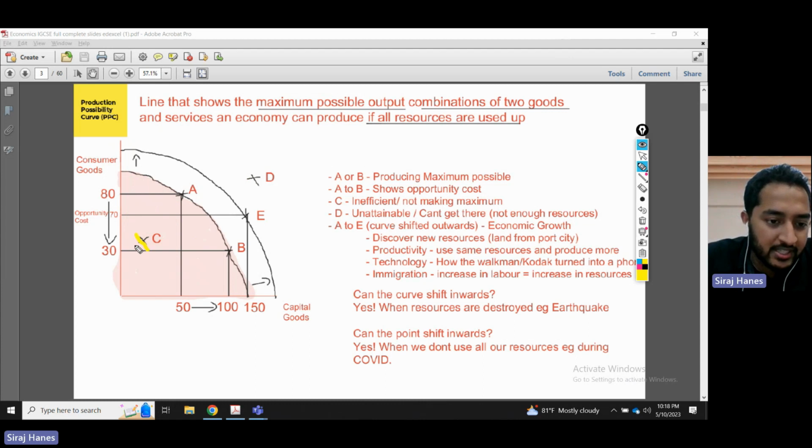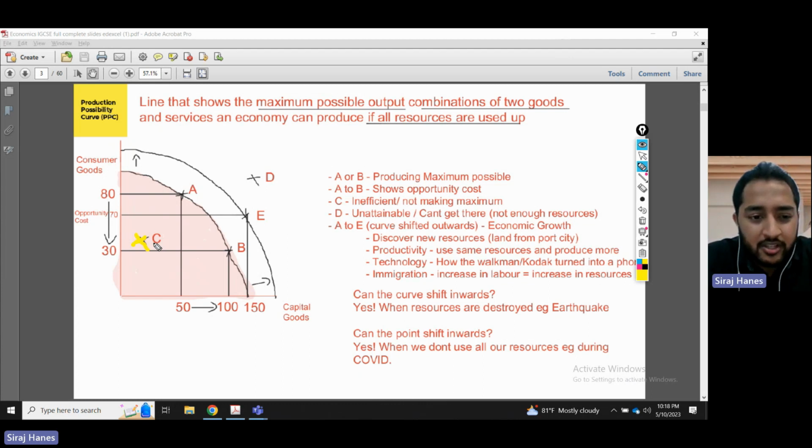If you look at point C, now we have so much of resources, yet we're producing within the line. This could only mean that we are not employing all our resources. There may be factories that are closed. There may be people that are unemployed. All these resources left unemployed. The land, labor, capital, and enterprise, all left unemployed, not used. Kind of like the world at this point.